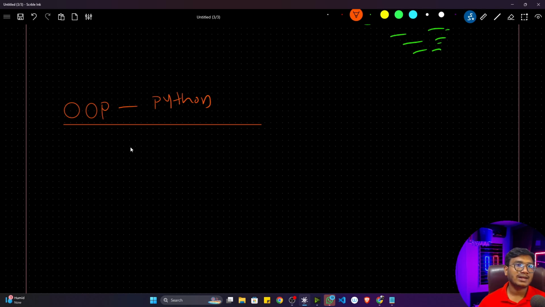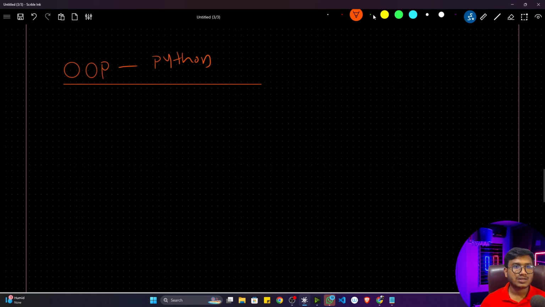So what I did there, after learning the OOP concept, there is a concept called class inside object-oriented programming. That means you can create different classes. Instead of creating different functions, you can create a different class, and inside the class you can create different methods, which are also considered functions. But whatever function we write in a class is called a method. Inside OOP we call it a method.